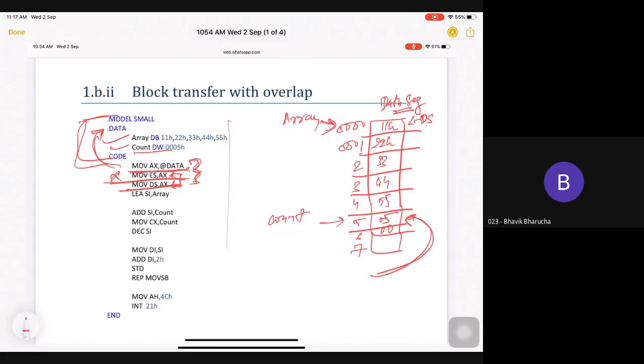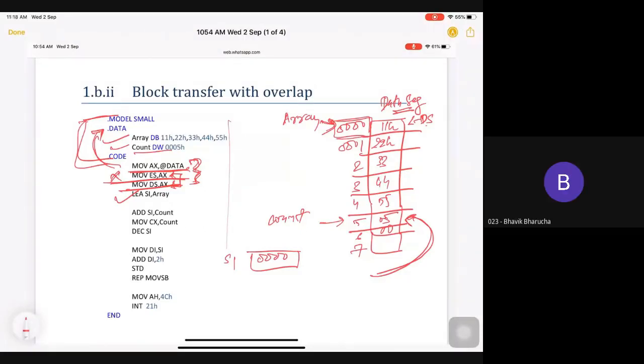Okay, so now the next instruction, LEA SI, array. Now what does the LEA instruction do, can you tell me? Load effective address. Very good. So the address of array will be loaded into SI. If this is my SI register, as it is a 16-bit register, what is the address of array? The starting point of array is 0000, all four zeros. So four zeros will be stored in my SI. This line is clear?